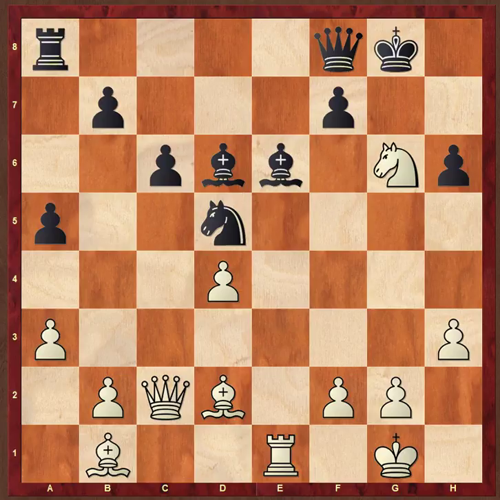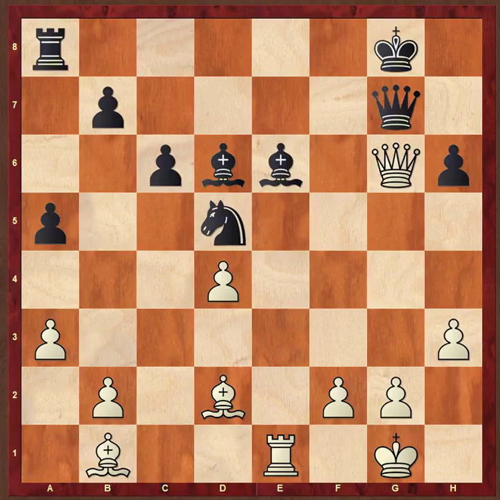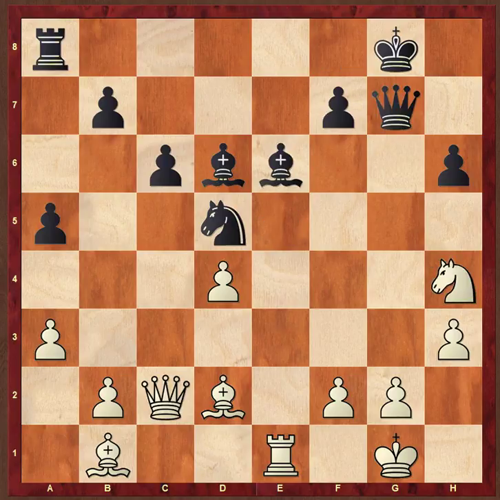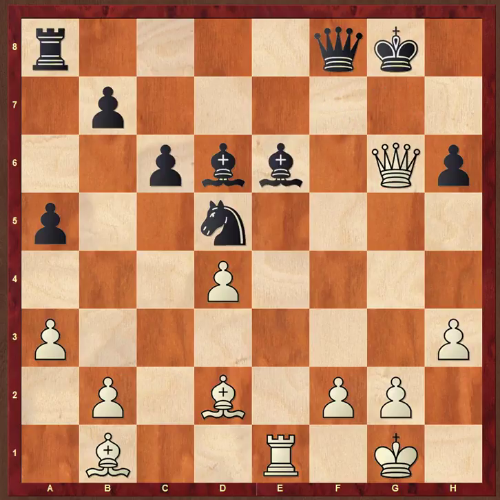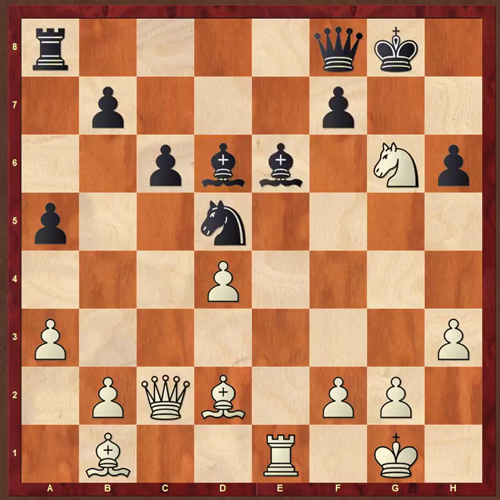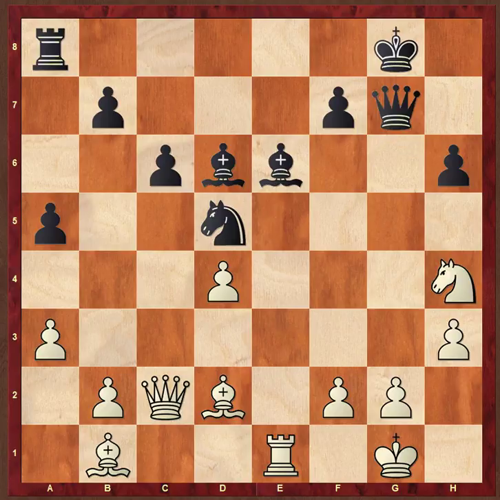and here black played queen g7. Let's see what would have happened if f takes e6, queen takes e6, queen g7, and queen takes e6 check, and again this bishop is also falling, and I think black can pretty much resign here. So after g6, after knight takes g6, queen g7 was played,